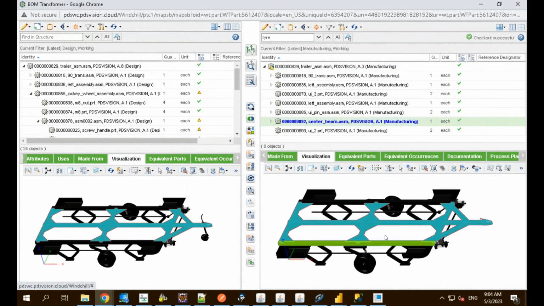You see now in visualization also it is updated. So visualization is quite efficient when handling huge assemblies. Also, you can see the new sub-assembly that we added in our mBOM is highlighted in blue. And if I expand this,